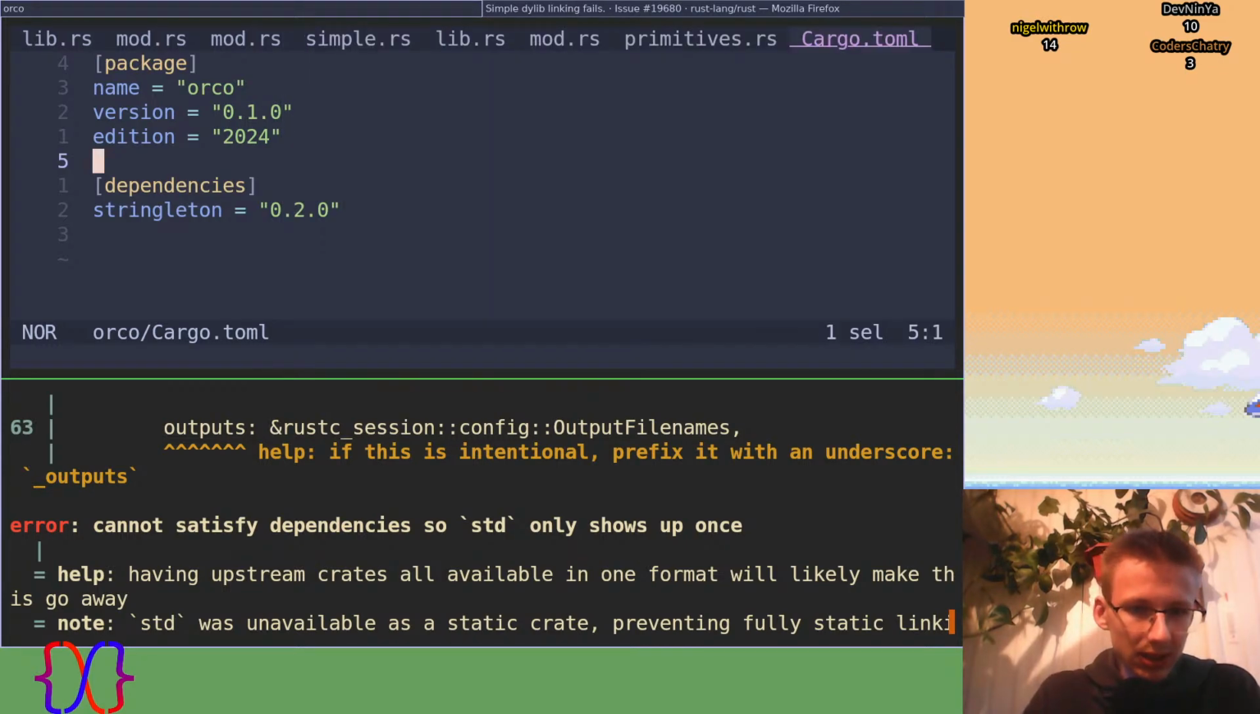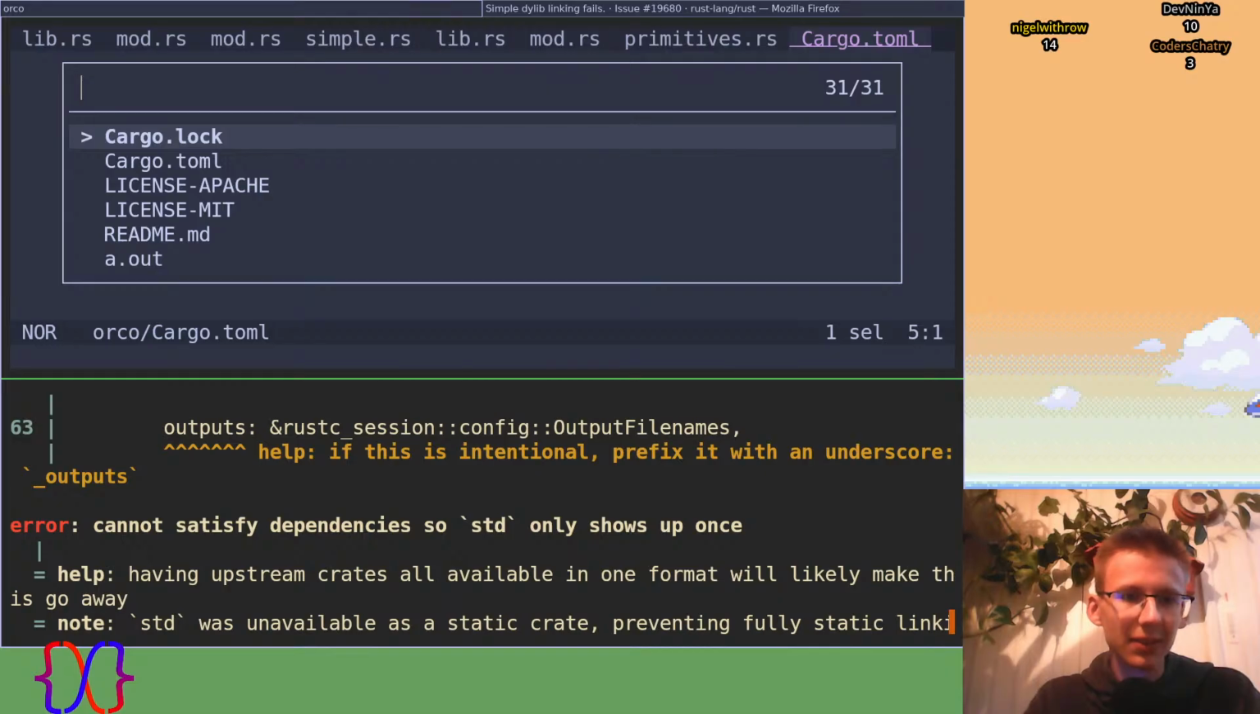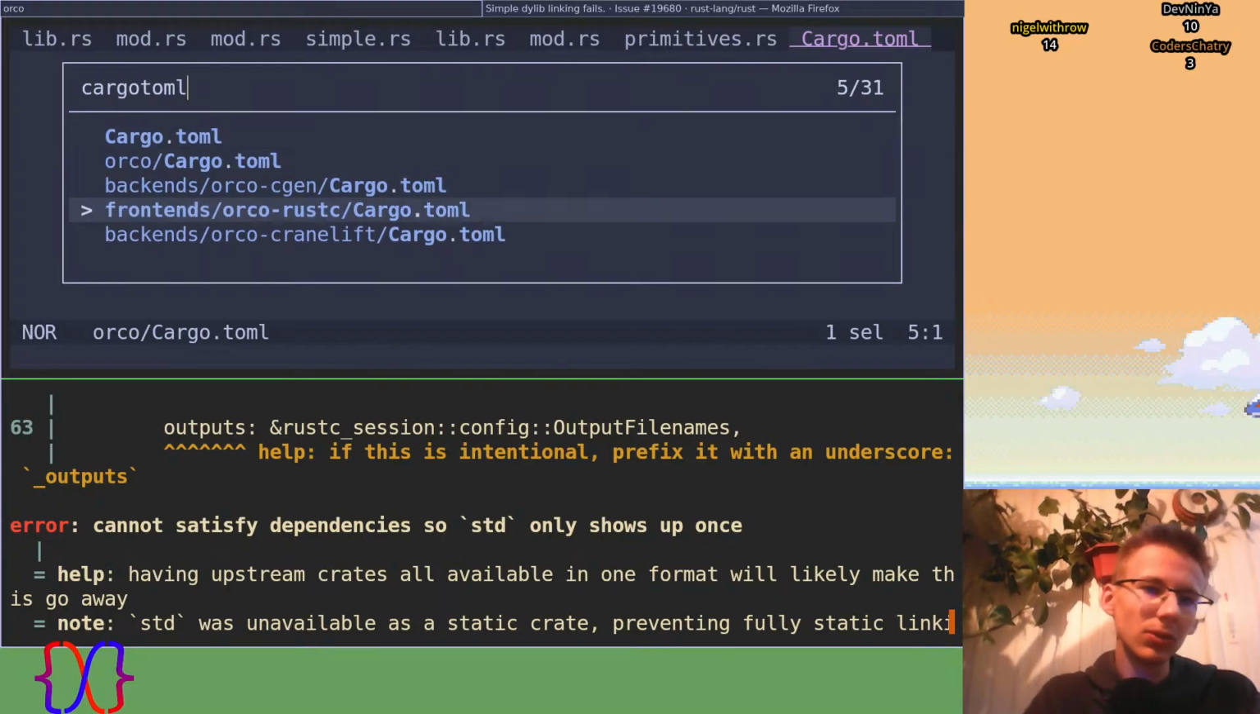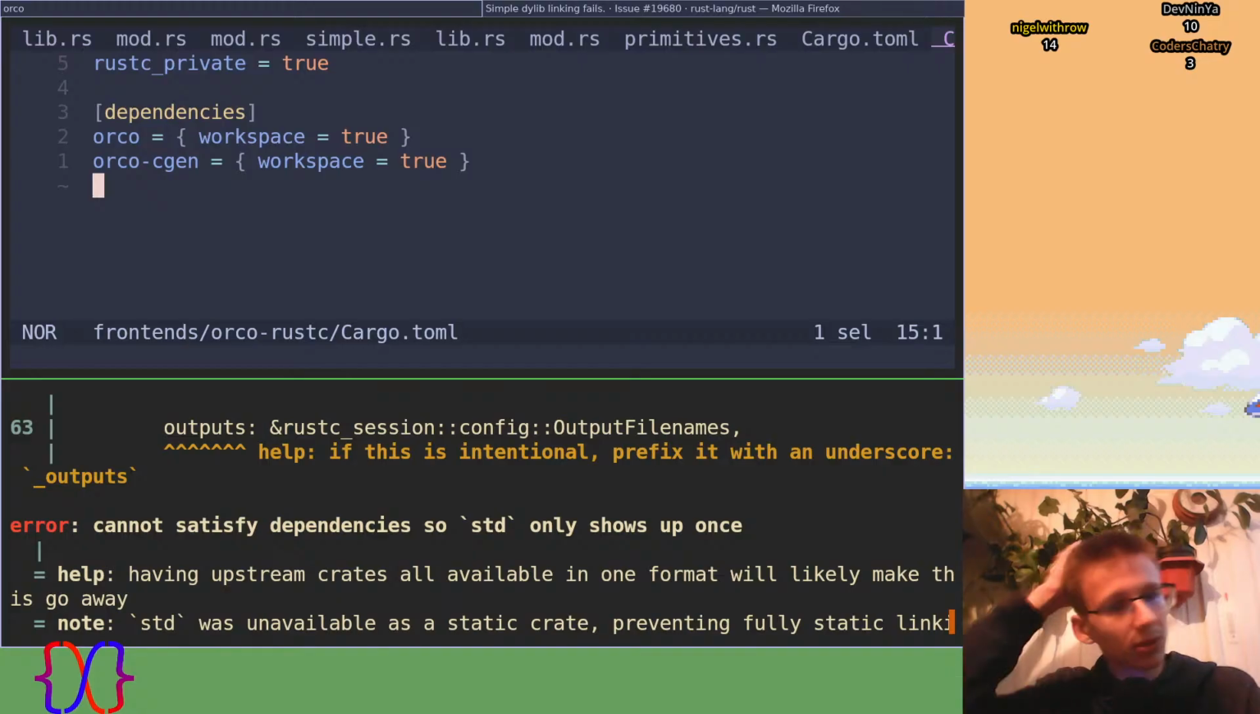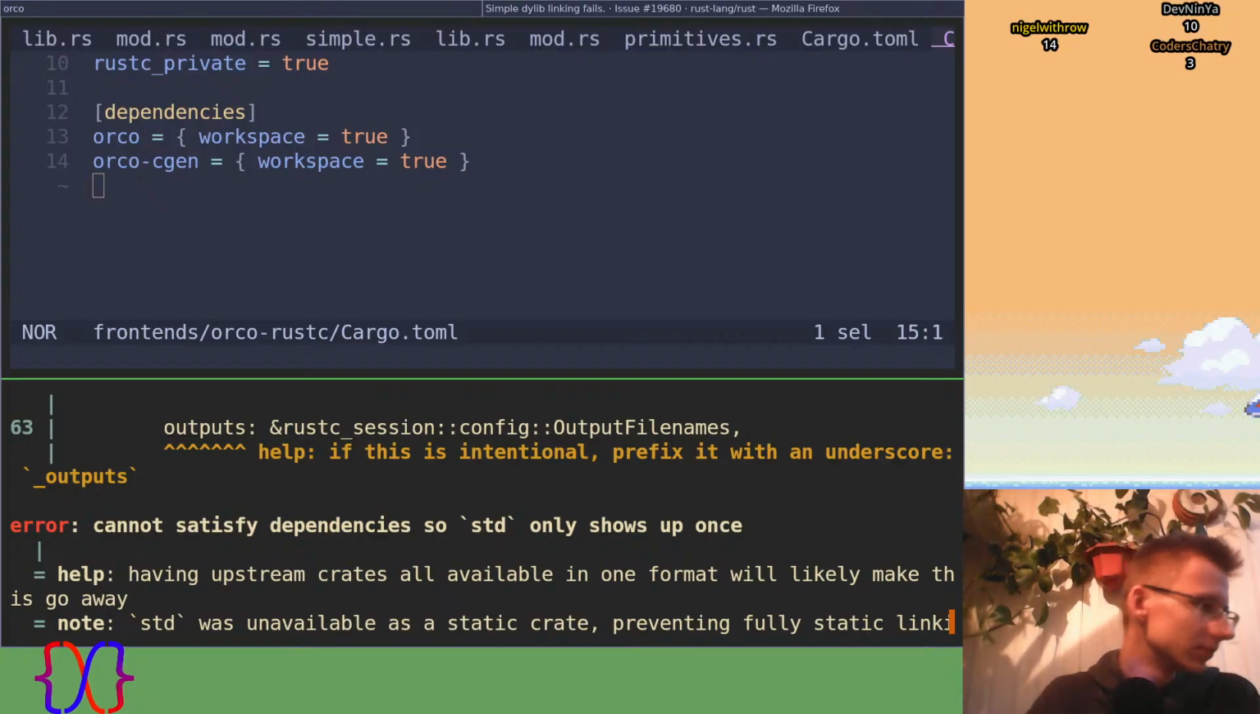Okay, I don't like this. And the Cargo.toml of the frontend has a dependency on Orco and Orco cgen. Okay, hold on. Need to be